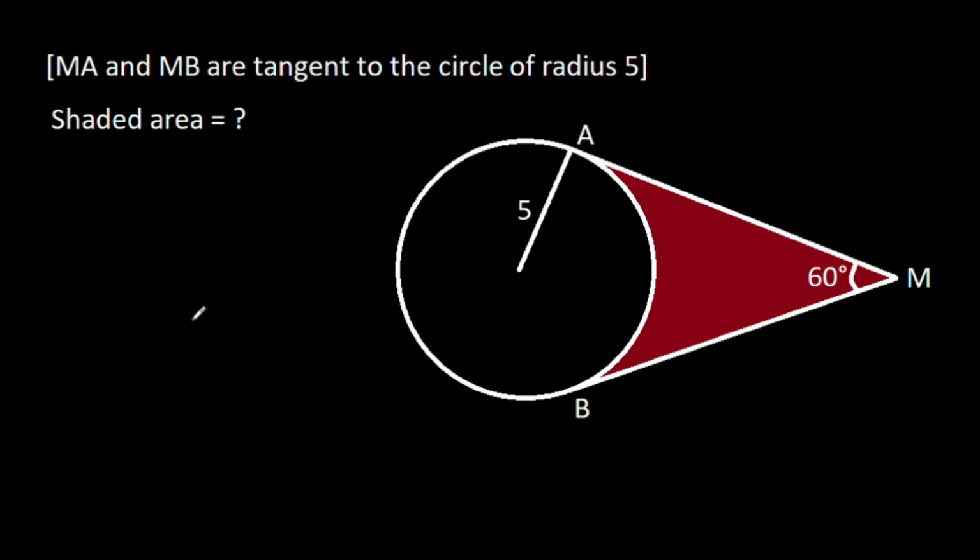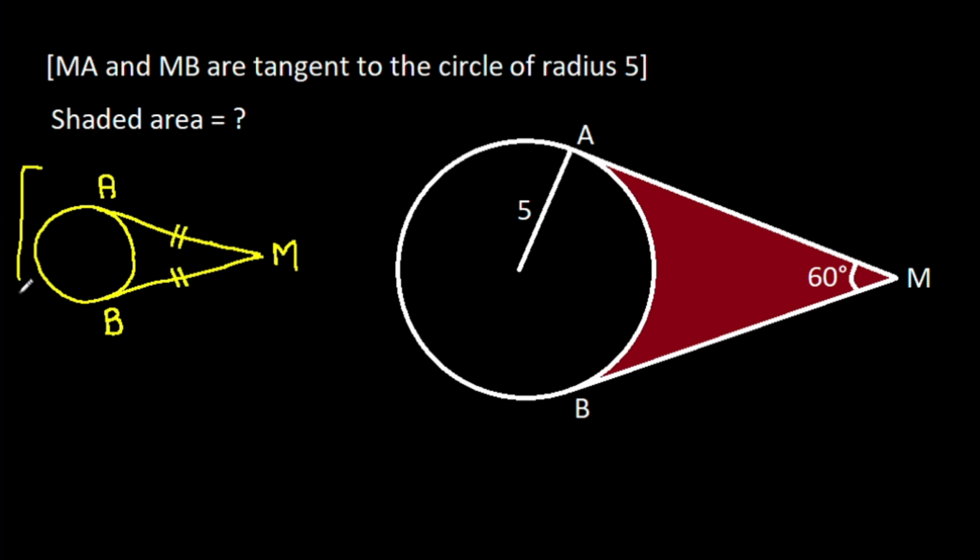So, in any circle, from any point M, if we make two tangents on the circle, suppose this point is A and this point is B, then MA will be equal to MB. So MA is equal to MB,